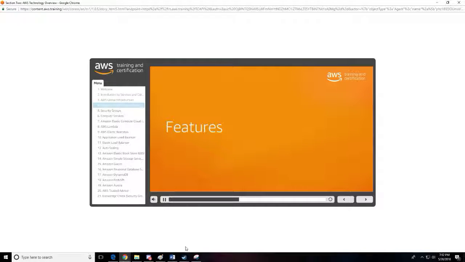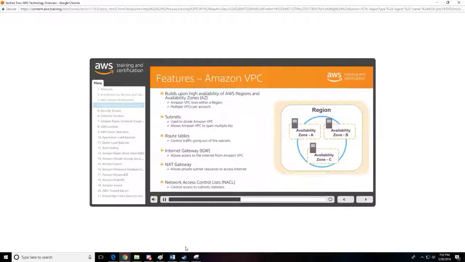Let's take a look at the features of Amazon Virtual Private Cloud, VPC. Amazon VPC builds upon the AWS global infrastructure of regions and availability zones, or AZs, and allows you to easily take advantage of the high